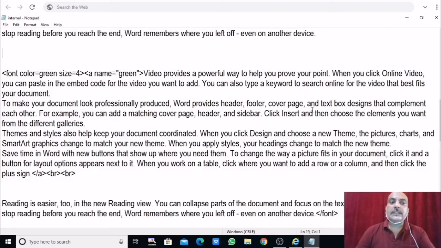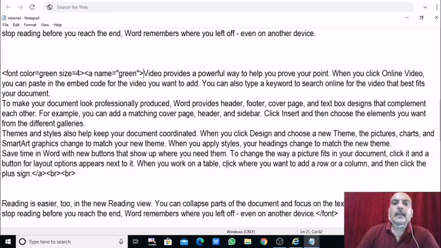So in this internal old file, in the paragraph where "video provides a powerful way" is written, I have created one name element, right? Name is equal to green.